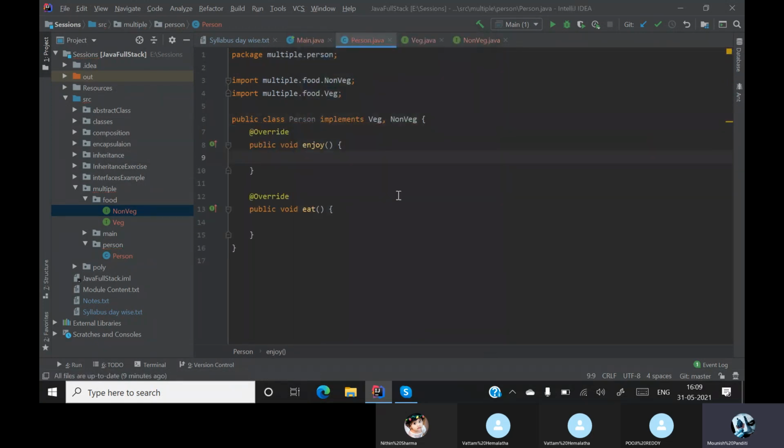Now you understood that when I'm using implements, I can enjoy as well as eat. I can do both at a time. Normally this scenario is not possible with multiple inheritance, but with the help of implements and interfaces, we can run like this.